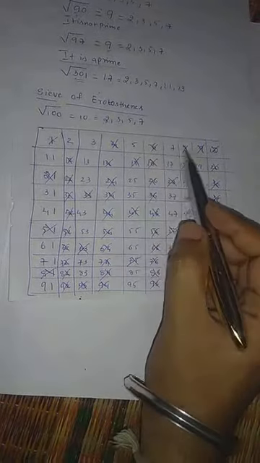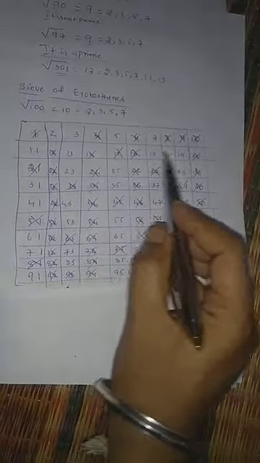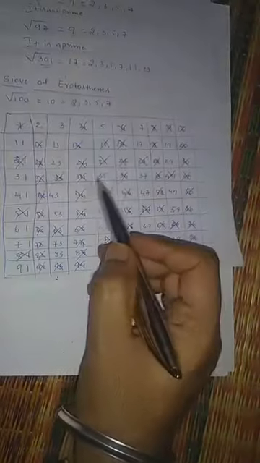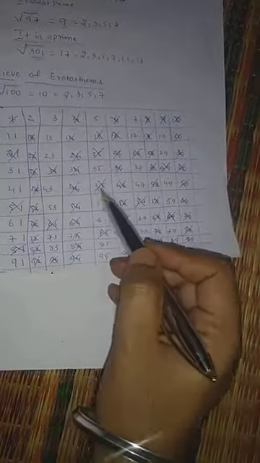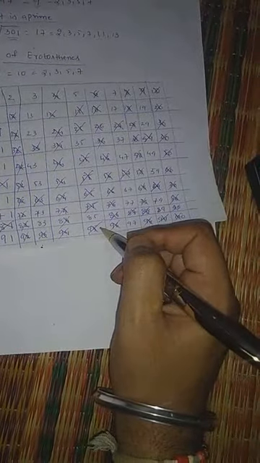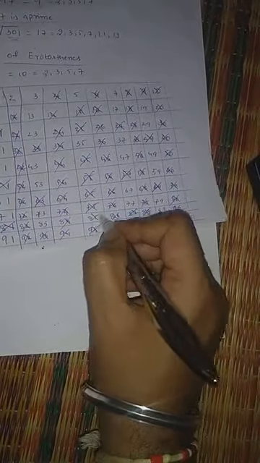Next, in the same way, you proceed with 5. 5 ones are 5, leave it off. 5 twos are 10, 15, 20, 25, 30, 35, 40, 45, 50, 55, 60, 65, 70, 75, 80, 85, 90, 95 are struck out. So like that, all the multiples of 5 have been struck out.